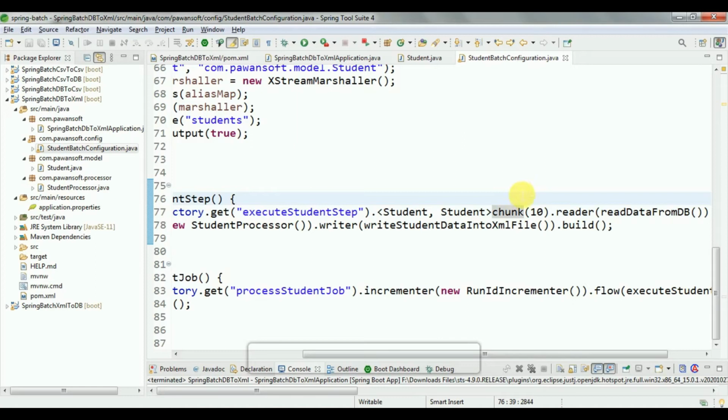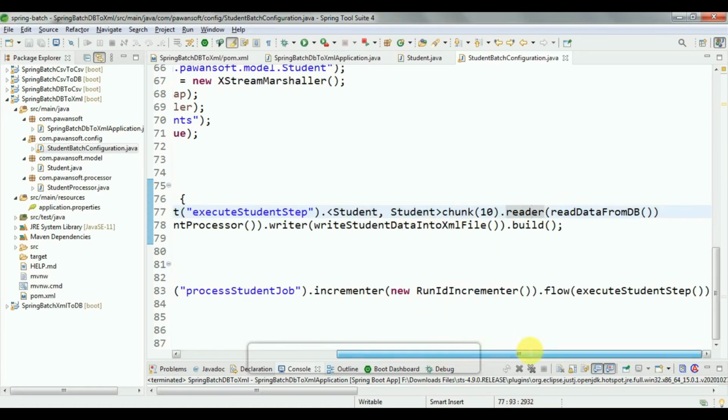So in my case I have a total of 10 records, so I am going to fetch 10 records at a time. Depending on the total records, you can declare your chunk size as 10,000 or 20,000 according to your record data. Currently I have 10 records, so I'll read 10 records at a time, and then this is the reader. In the reader you have to set the reader method,